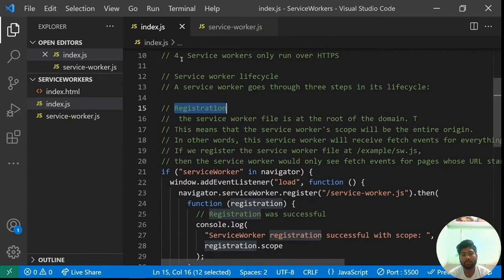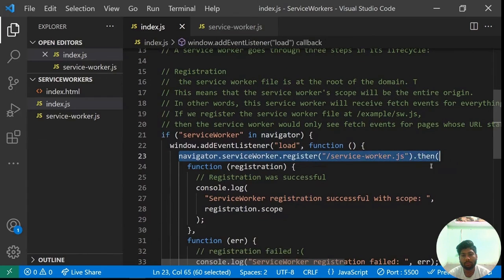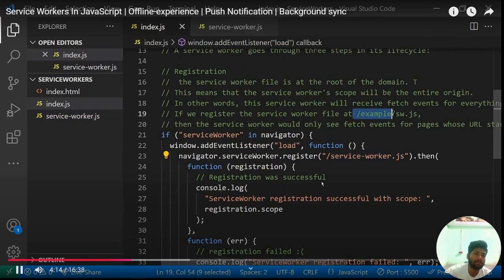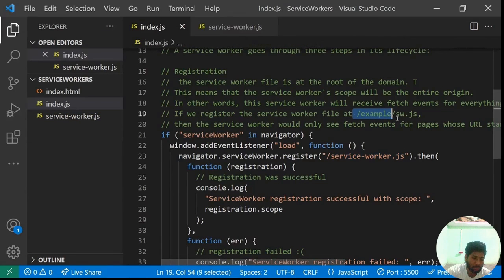When the first JavaScript code is loaded, in that onload event, you try to register your service worker. So this is the path you're going to give. The file should be at the root level. If the file is at the root level, then this service worker can handle all the fetch events at the root level, because the service worker is at the root level. If you're giving a service worker file at a deeper level, in another folder like examples, and in that folder, if you're giving it like this,